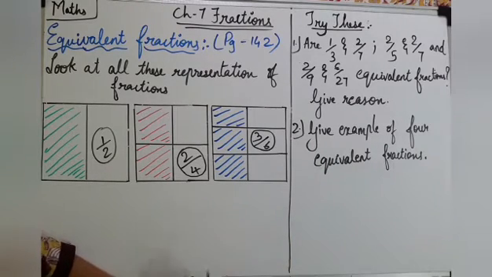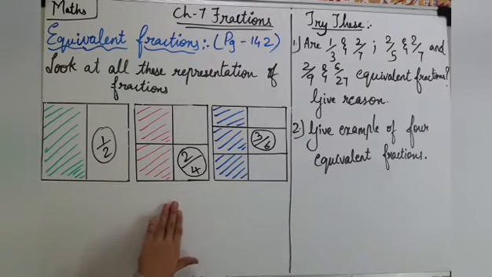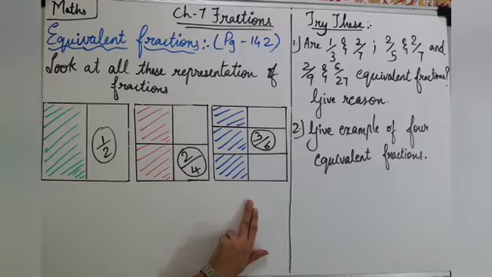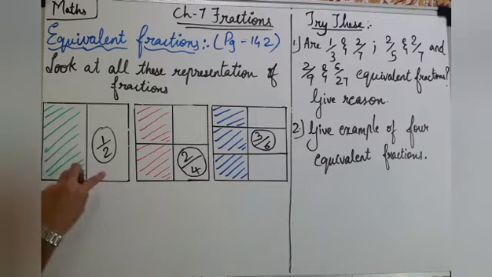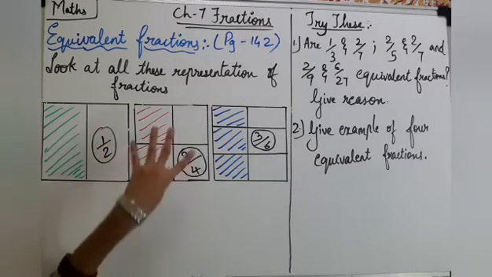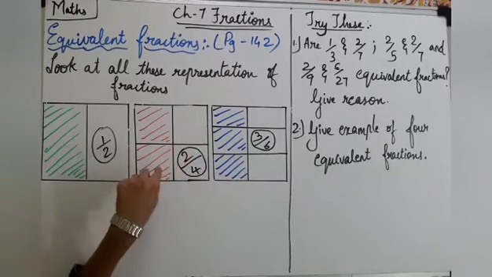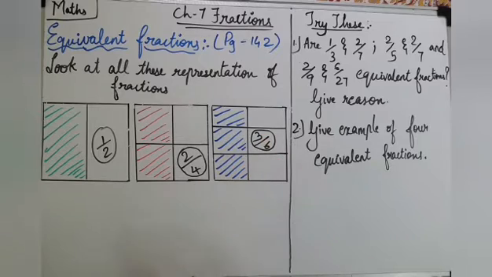But these fractions 1 upon 2, 2 upon 4 and 3 upon 6 represent the part out of the total number of parts. 2 parts divided, 1 is shaded. 4 parts divided, 2 are shaded. Divided into 6 parts, 3 are shaded. If we place the pictorial representation of one over another, they are found to be equal.